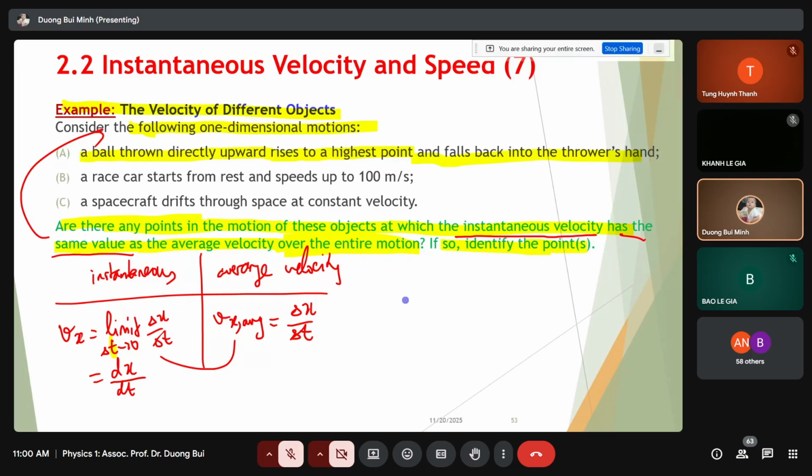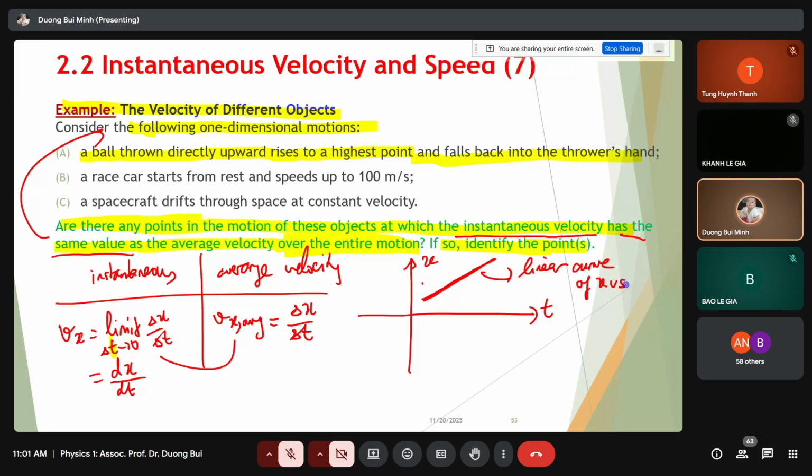For example, this is x and this is time. If we have a linear curve of x versus time,